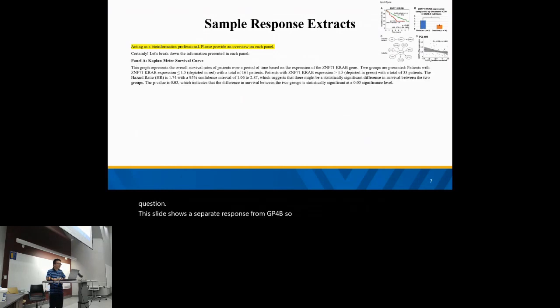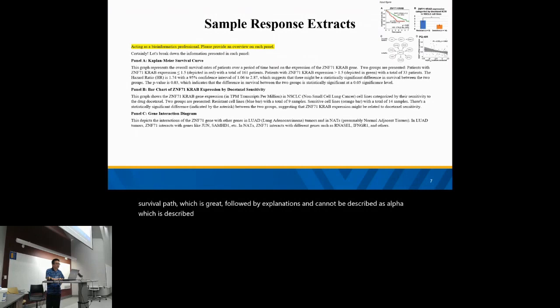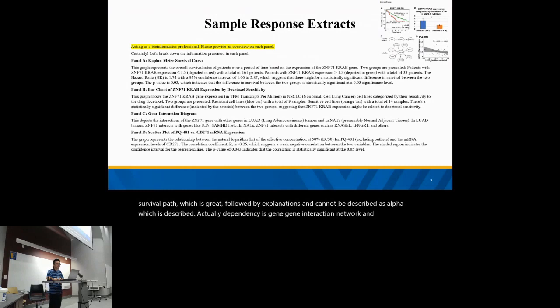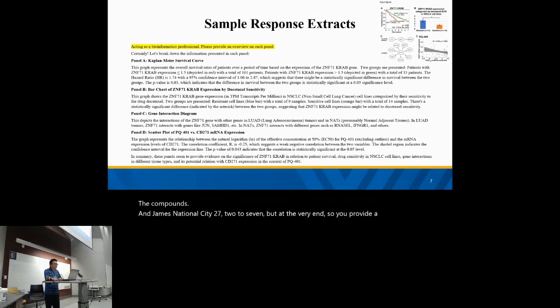So you can see it first describes panel A as a survival plot, which is great, followed by explanations, and panel B described as a heatmap, which is correct actually. Panel C is a gene interaction network, and panel D is a scatter plot exploring compounds, efficacy, and gene expression, and so on. At the very end, it provides a short summary. So it looks good on the surface, but